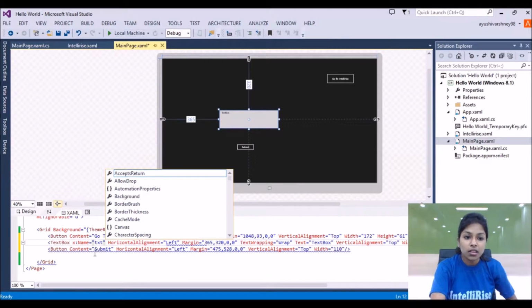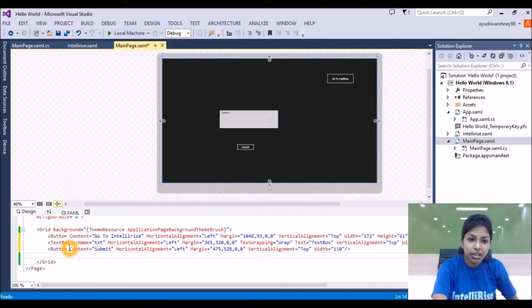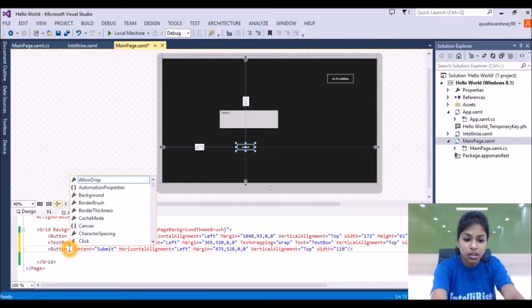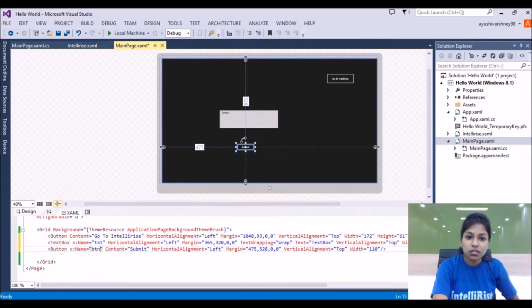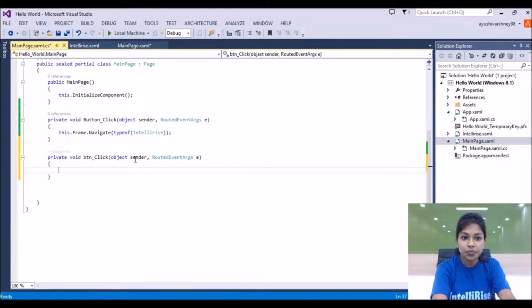The next thing, we'll name our button also, let's say button. I want that if I click on this button, we'll create an event for it. So I'm double clicking on it, and a function is automatically generated. Here I want the text of that text box to be stored for the next page.